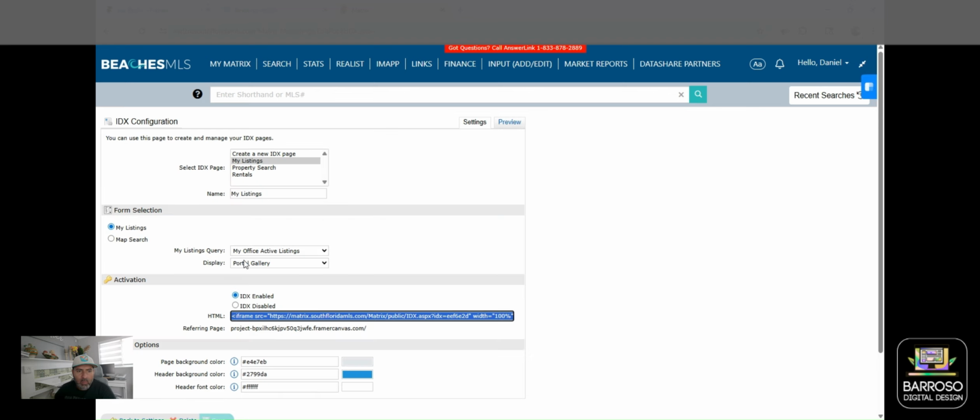You go back to settings. Once you have this set up and that set up, you're going to go down to activation. You want to make sure IDX enabled is the one that's clicked. And once you get here, you want to make sure you highlight the link and you copy it. On Windows it's Control C. On Mac, I believe it's Command C. Once you have that highlighted,